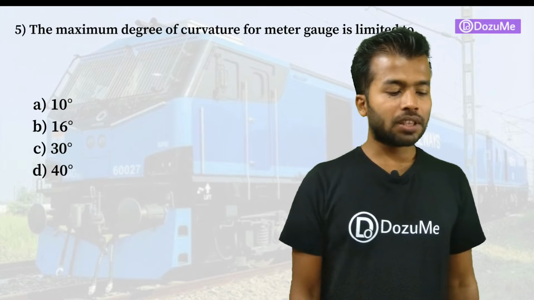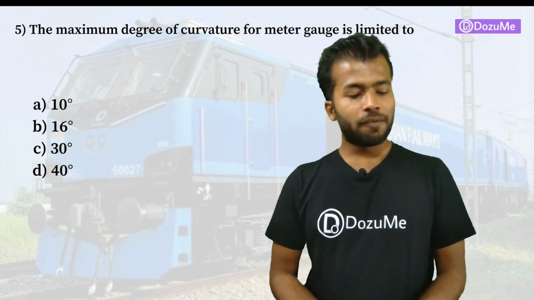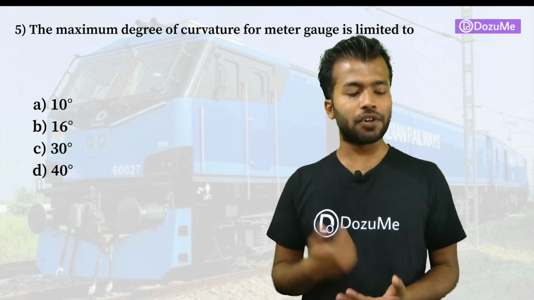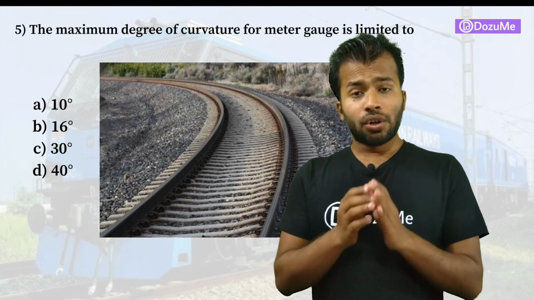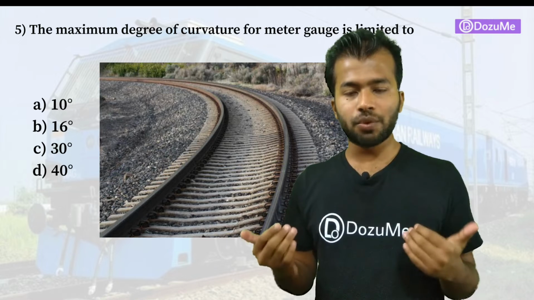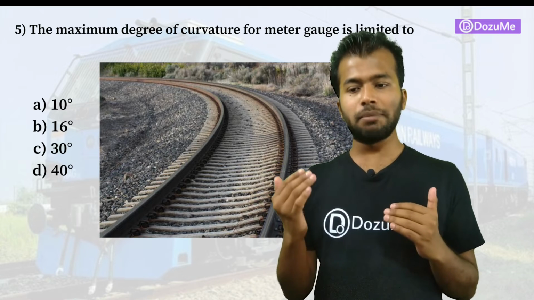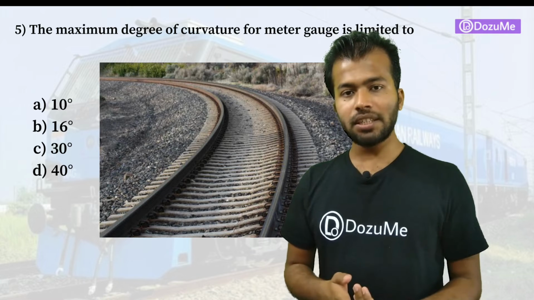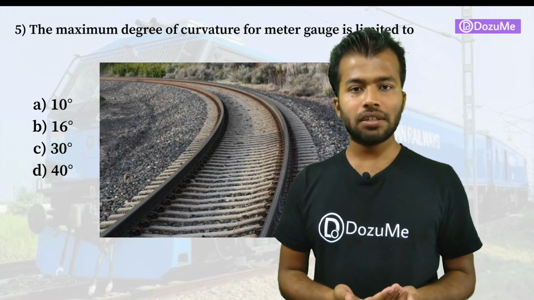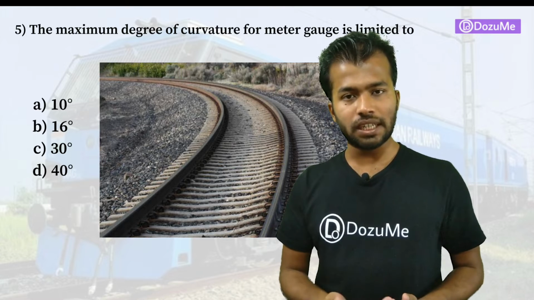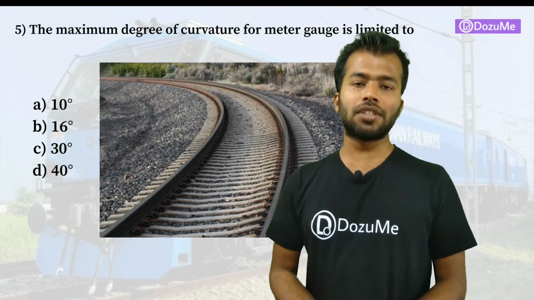Question number 5. The maximum degree of curvature for meter gauge is limited to 10 degree, 16 degree, 30 degree or 40 degree. Look, the wider the gauge is, the maximum curvature will decrease. So maximum curvature limit will increase for the shorter gauge distance. For the broad gauge, the maximum curvature limit is 10 degree. For the meter gauge, the maximum curvature limit is 16 degree, and for the narrow gauge, the maximum curvature limit